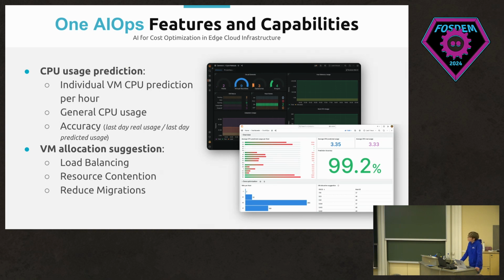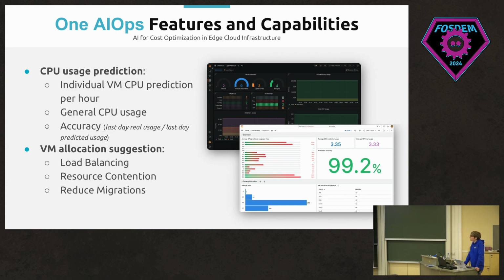And then One AIOps can also suggest where you can place a VM. So based on that prediction, One AIOps may tell you to migrate a VM from one server to another in order to improve the performance.